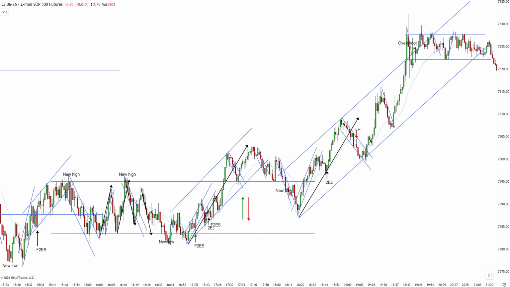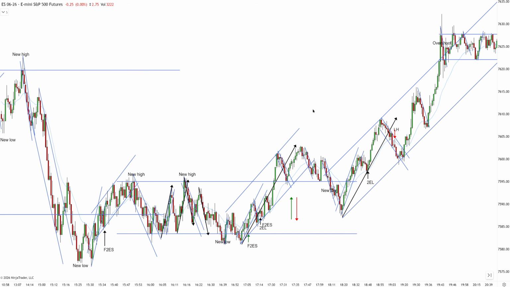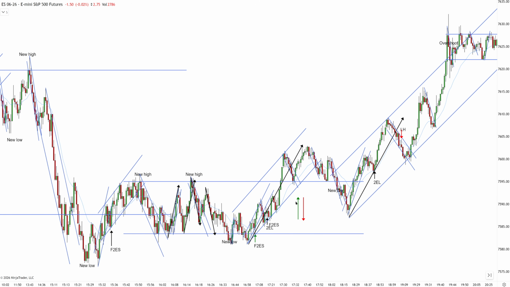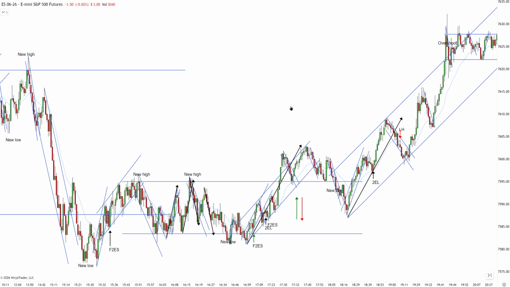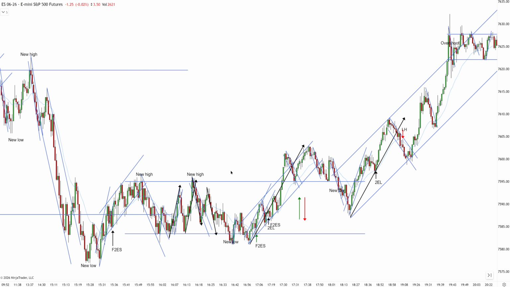You cannot take a felt second entry short because the downtrend doesn't have a new low, so there's going to be some stronger pullback. It was quite all over the place today. It was quite choppy, with a lot of overshoot when you're watching this channel and this channel as well. So not as many trades as we would want. Hopefully tomorrow is going to be a little bit better and the structure is not going to be as spiky and as